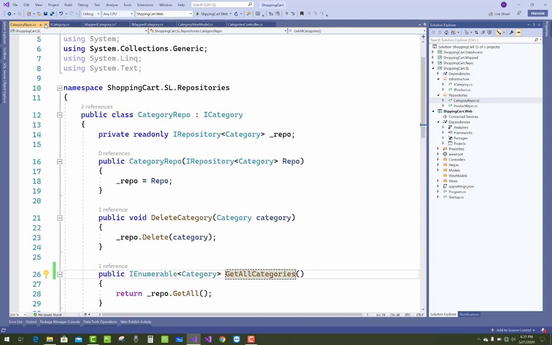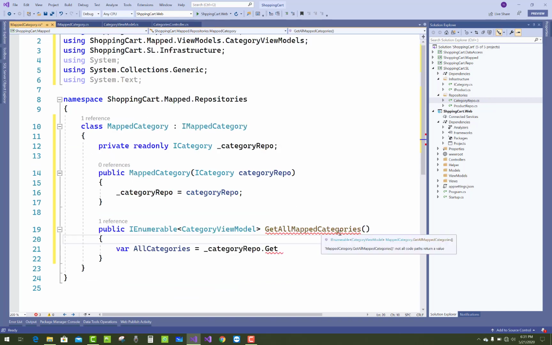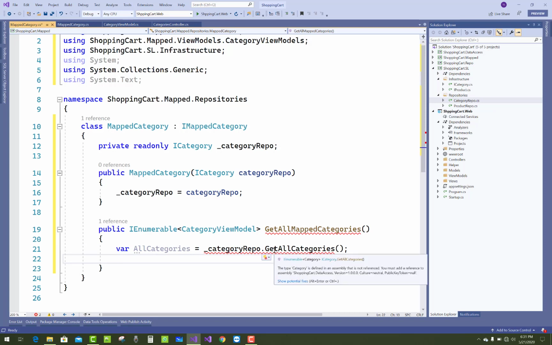So ICategory is related to the service layer, and here you can create a simple variable, ICategory underscore categoryRepo. That ICategory class is injected as a service into the startup class, and in the repository section of the mapped category you can get all mapped categories. Here you get all these categories and also map those categories by using AutoMapper.